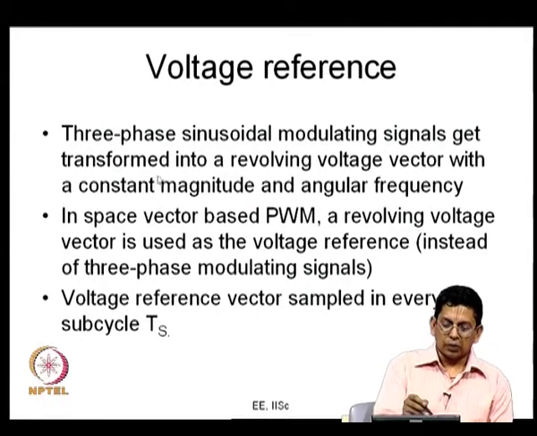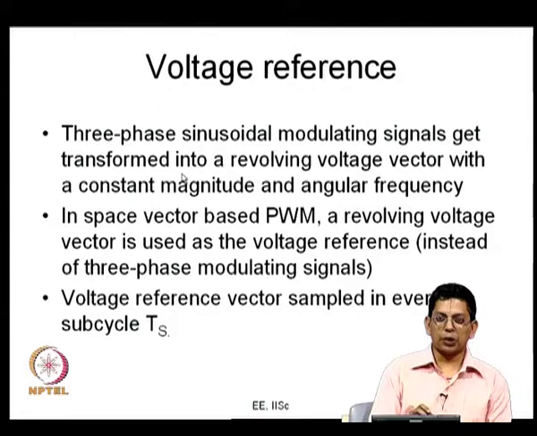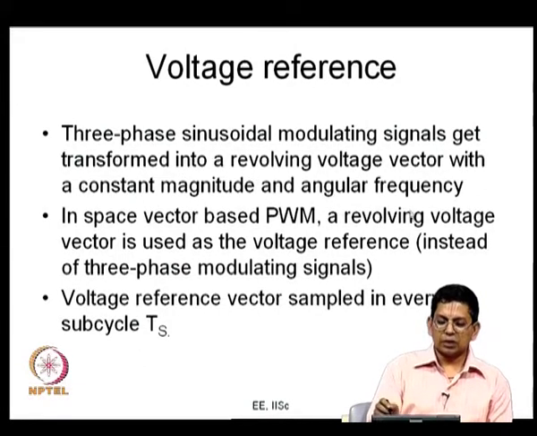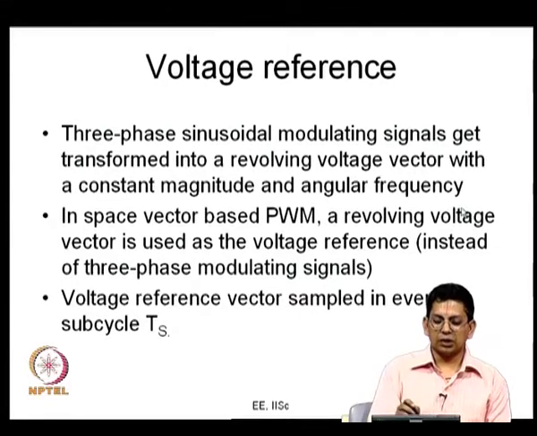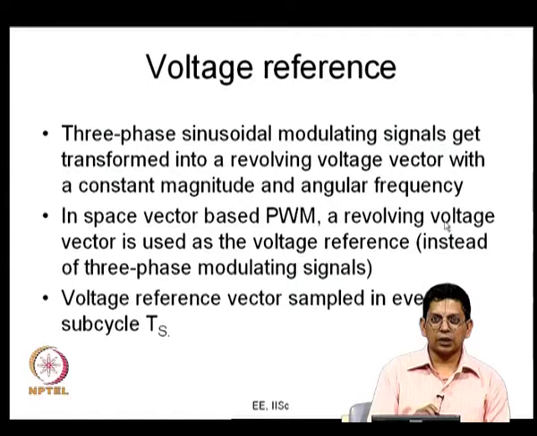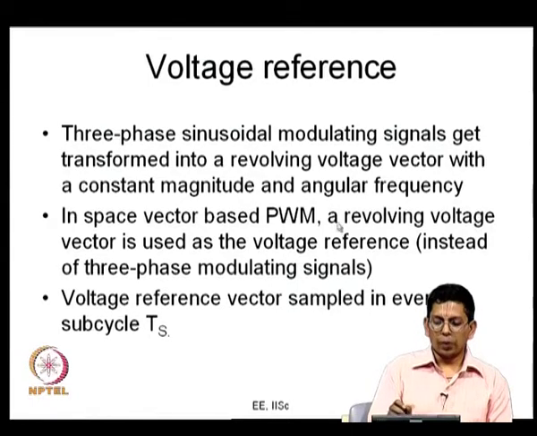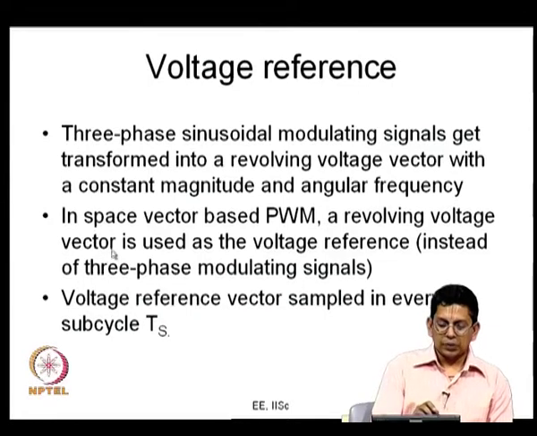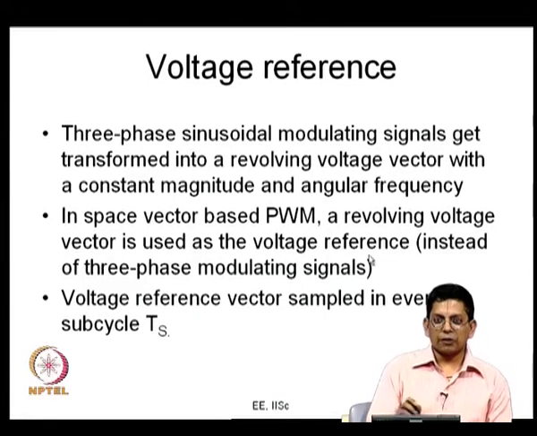This magnitude gives a measure of the amplitude of the AC voltage that you want, and this angular frequency is the modulation frequency that you want. It is the fundamental modulation frequency, omega, which is equal to 2 pi f, where f is the modulation frequency. In space vector based PWM, you use such a revolving voltage vector instead of 3 phase modulating signals, and